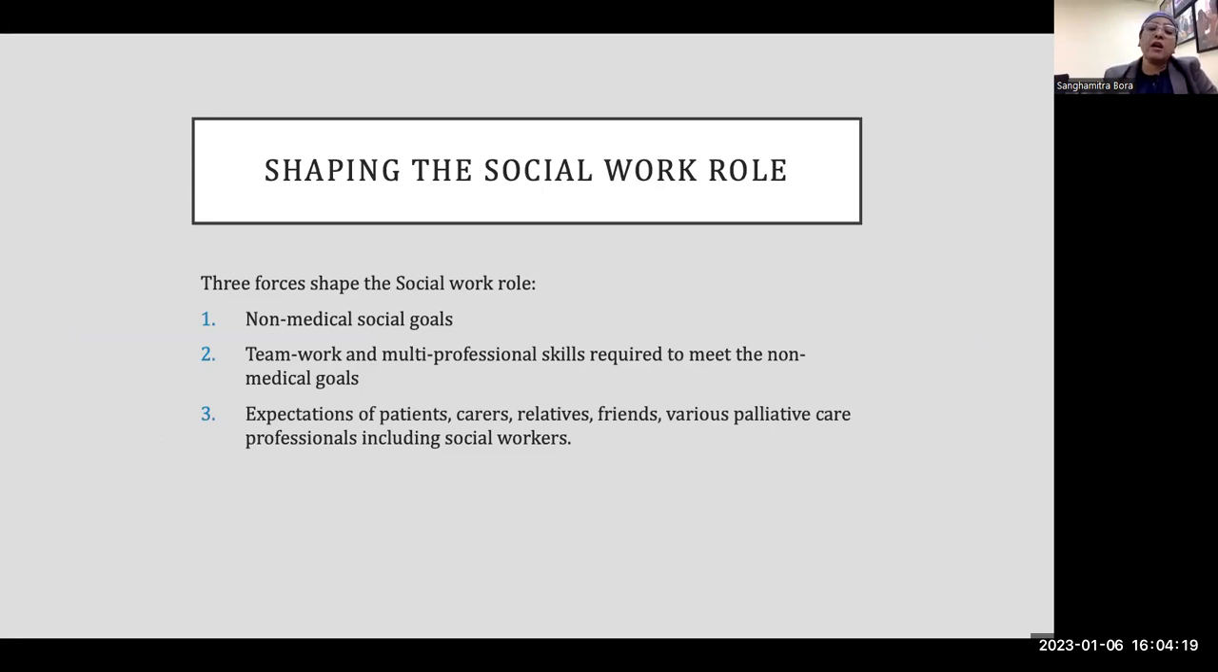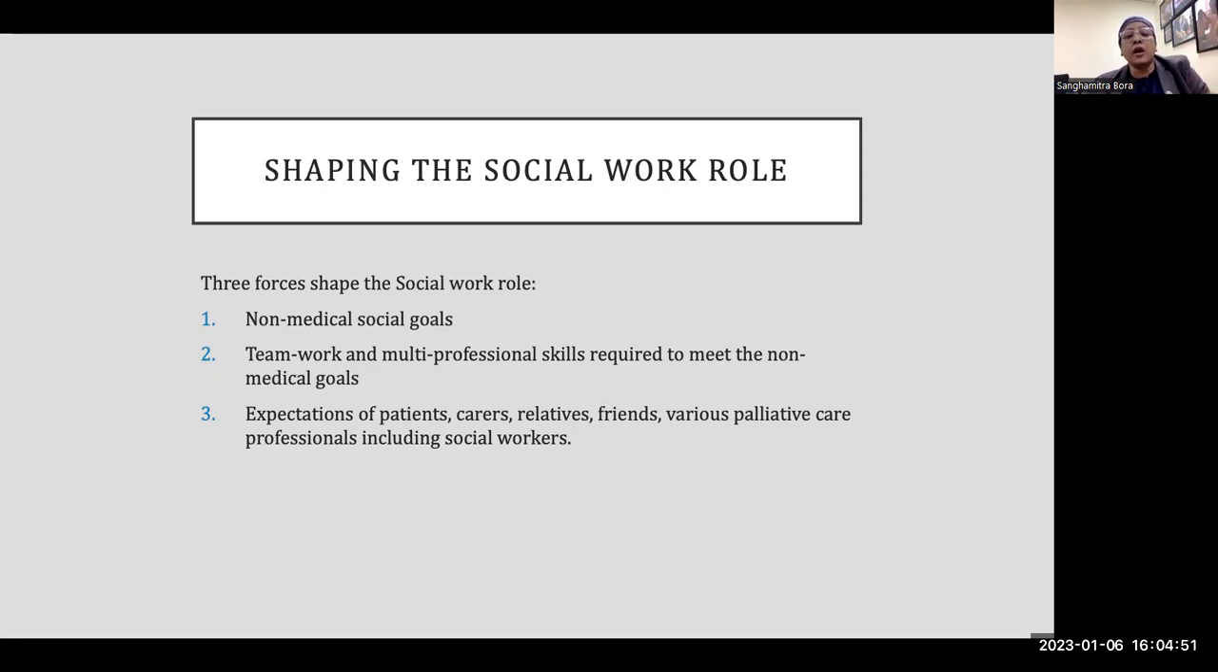Firstly, there are certain non-medical social goals, okay? And the teamwork and multi-professional skills that are required to meet these non-medical social goals have to be understood not only by the social worker, but also by the interdisciplinary team that the social worker works with, okay? And at the same time,